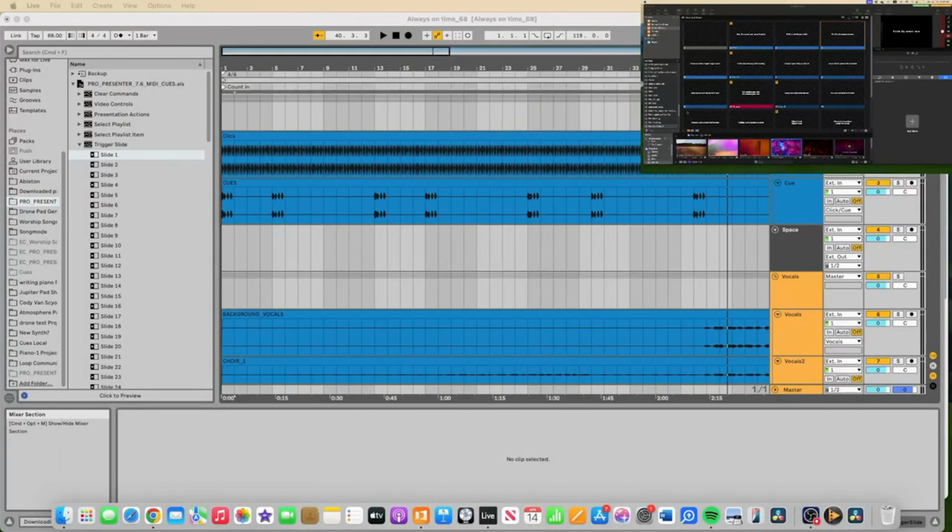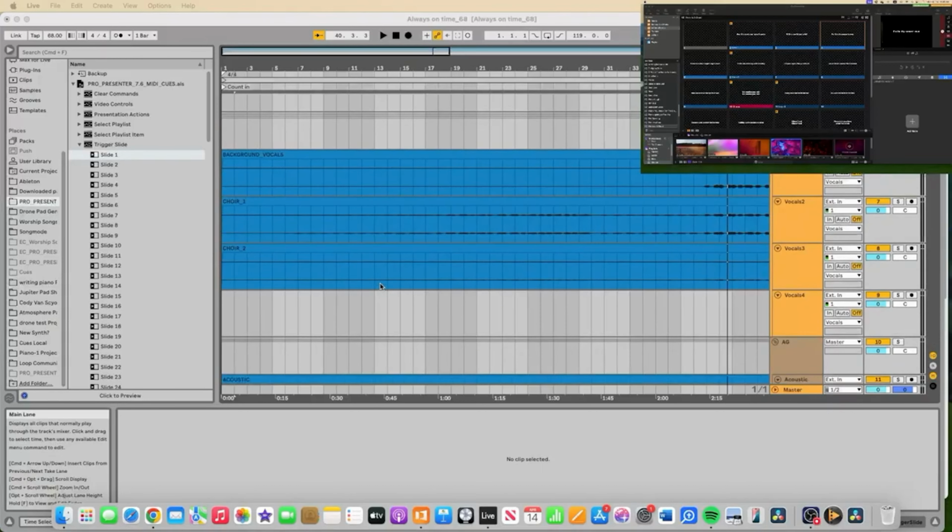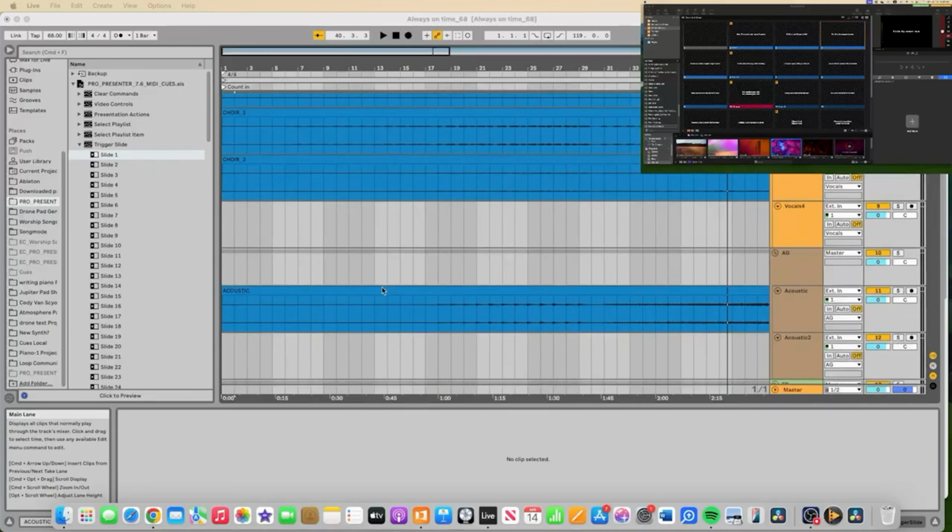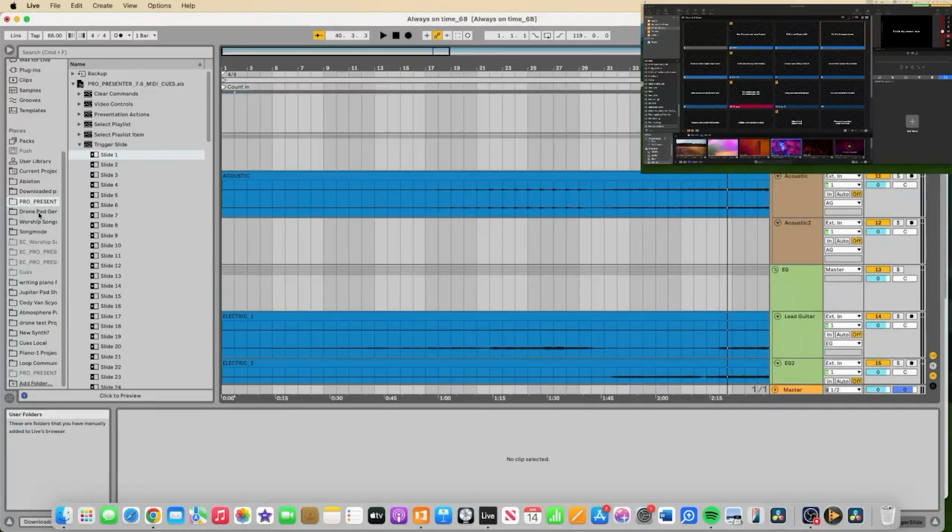All right, so the song we've got here is called Always on Time by Elevation Worship. I have already put the song into Ableton the way I've shown you before, and I have ProPresenter in the upper right corner here, so we'll see how it works together. What you see on the left here is a ProPresenter cues folder,